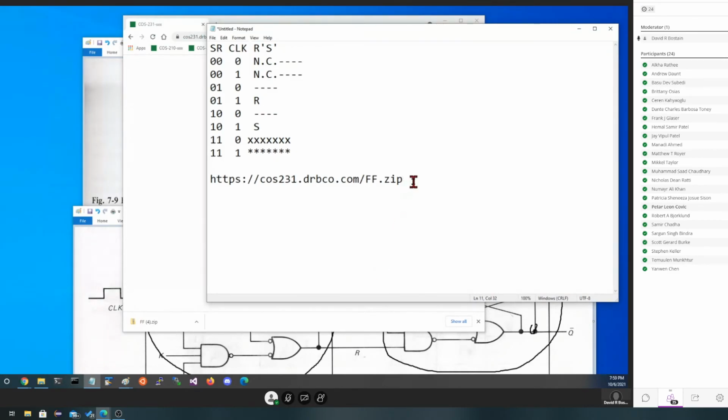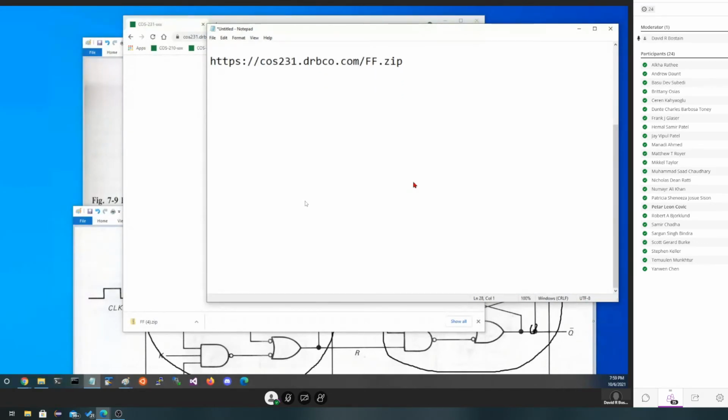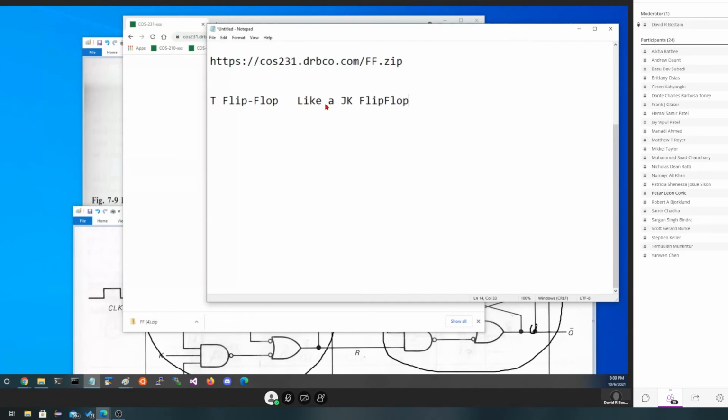One other type of flip-flop we might run into, but you won't typically see it in the wild just as a discrete component. Usually it's made up inside of another chip where you're using an application-specific type of hardware grammar. But it's called a T flip-flop. A T flip-flop is like a JK flip-flop,